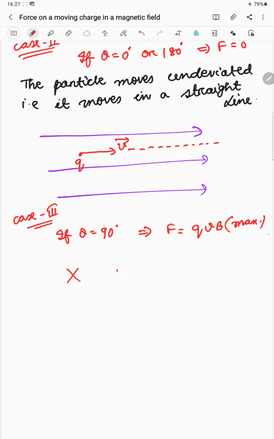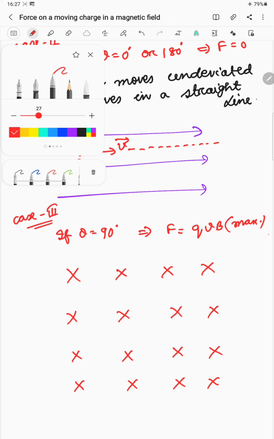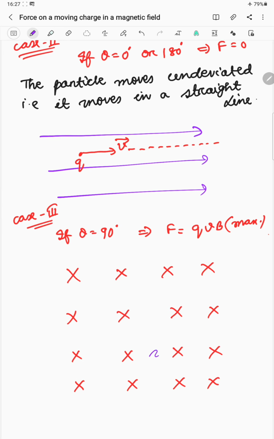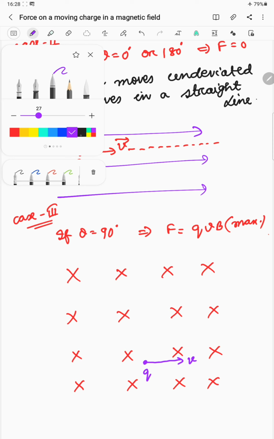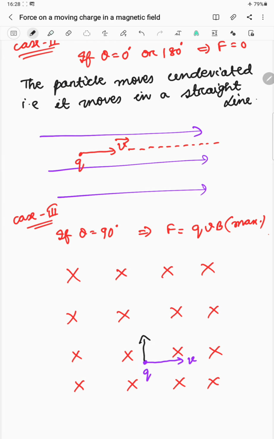We take a magnetic field which is into the plane of the paper. Into the plane of the paper means it is represented by cross. Now you take a charge q. It is moving in this fashion. So it is quite obvious magnetic field and v are mutually perpendicular to each other. So show all your 4 fingers of the right hand in the direction of velocity and then curl downwards. Where is the thumb pointing? It is quite obvious the thumb is pointing in this direction, perpendicular.